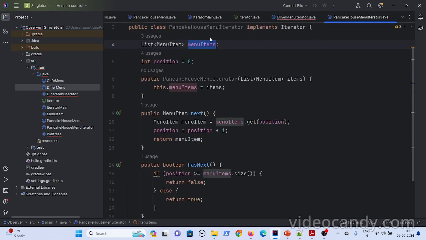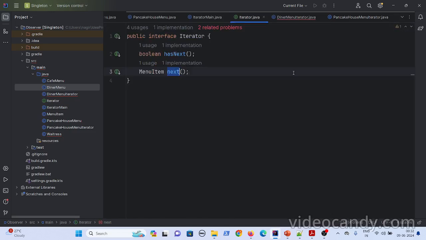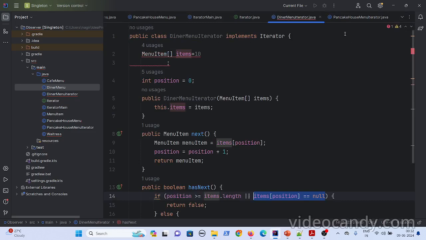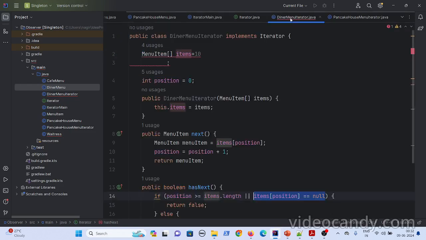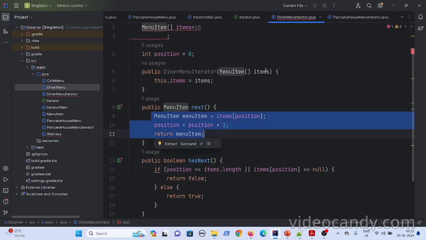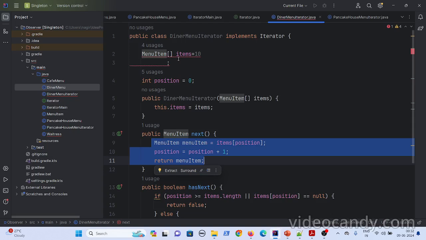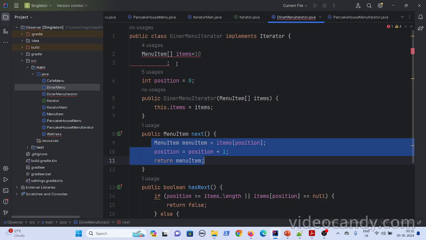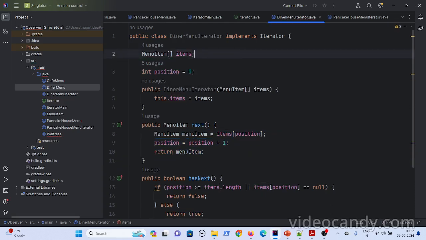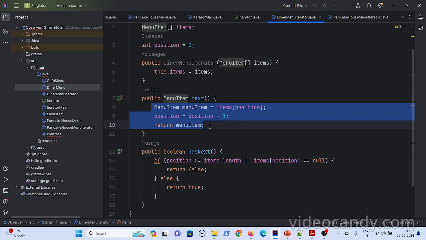Okay. Now this is the pancake house menu iterator. So what you have done is you created an iterator interface, and then you created the dinner menu iterator, and then the pancake house menu iterator, and whatever methods are present here, you implemented the logic according to the data structure these menus are using. So let's say this dinner menu is using a list, and the pancake house menu is using a list, and there could be a case where the dinner menu might follow a tree data structure. So in that case, in the next step, you should follow whatever traversal you need.